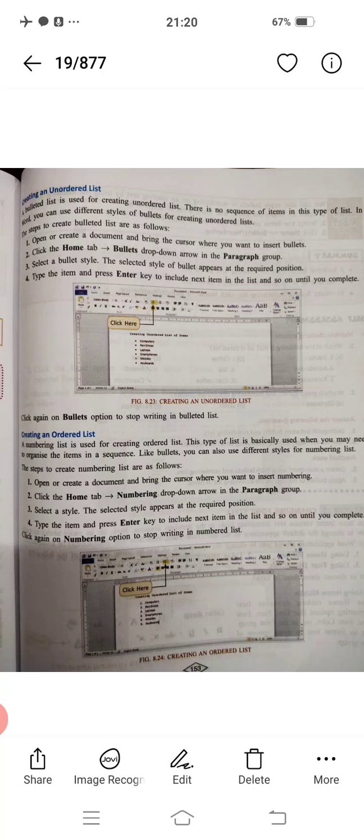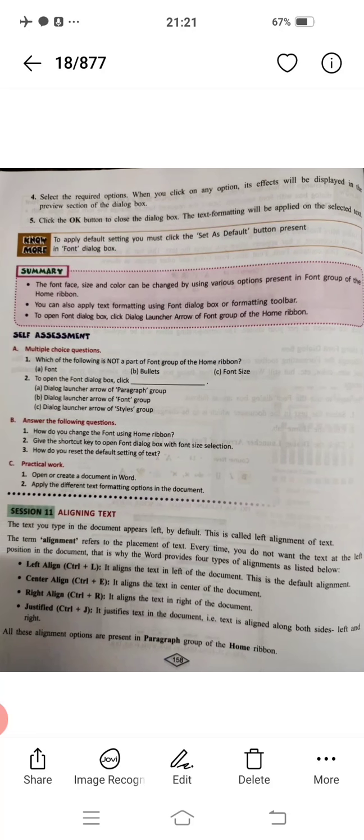If you want to click on bullets, then the drop down arrow in the paragraph group of the Home tab, bullets, then the drop down arrow comes from the paragraph group. After clicking that, whatever you write will come in a bulleted form. So bullets are used to create an unordered list, whereas an ordered list means numbers 1 2 3 4 in the way you want. Then Home tab, then the numbering drop down, then paragraph, then everything will come according to number.